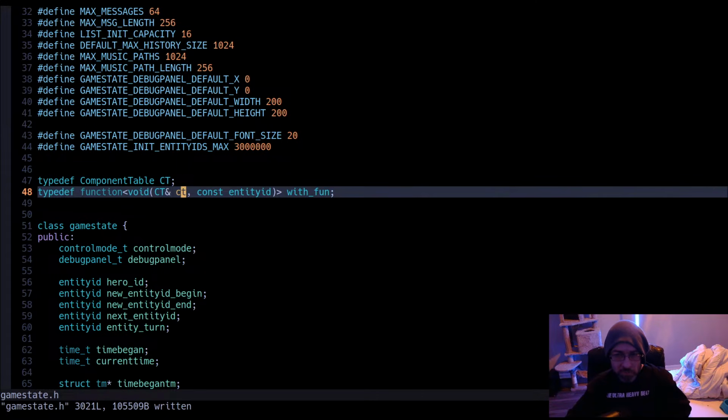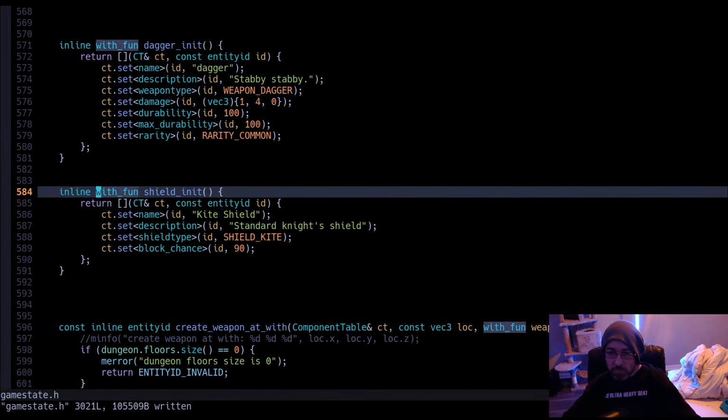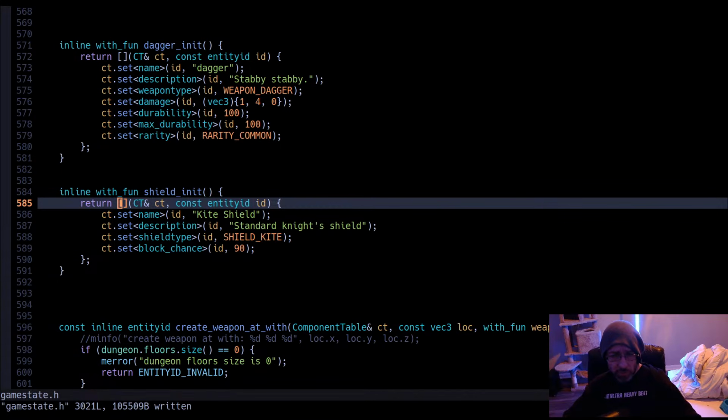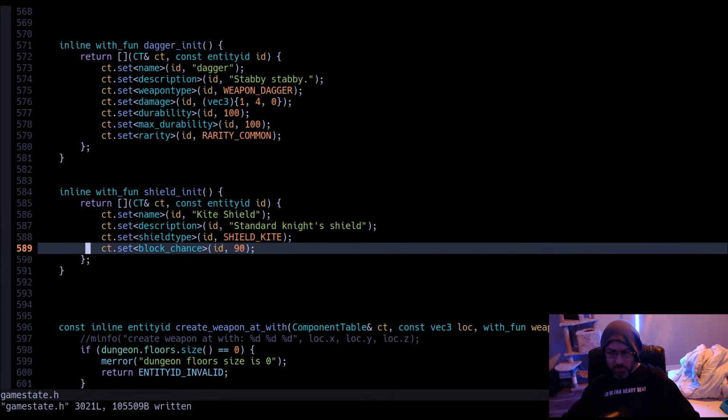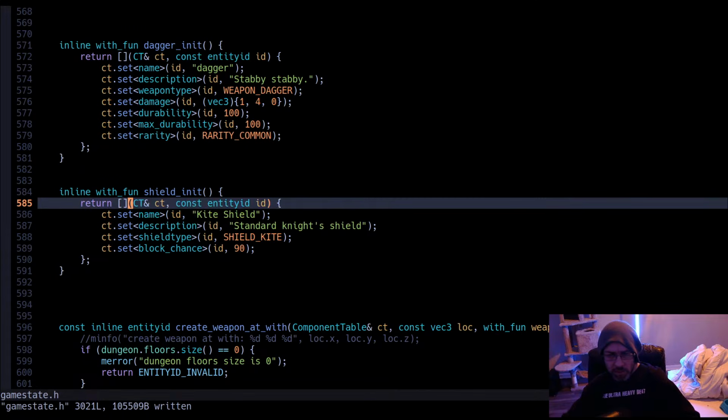component table and a constant entity ID. What does that mean? So we have an object as a function, or function as an object. We call a lambda function. You can do this in JavaScript.